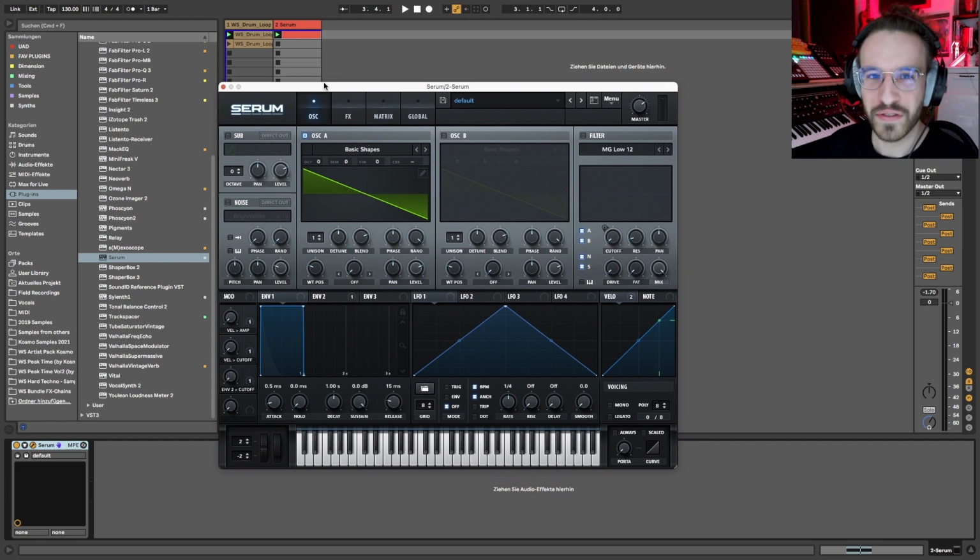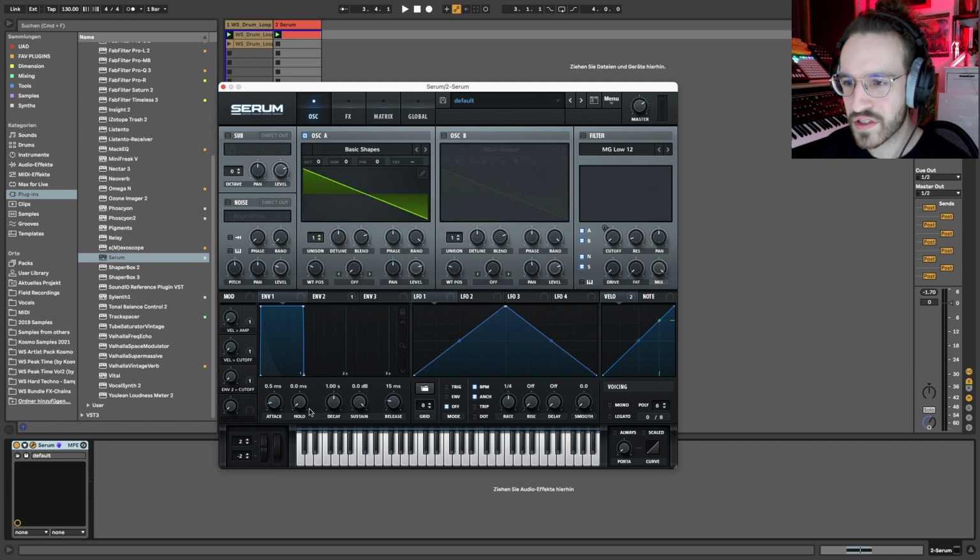So what I want to talk about first, briefly, is the default patch, because as you see, maybe it looks a little different than your default patch in Serum, and that's because I customized it for myself. And I want to show you real quick how that works, because I feel like this is a not so well known trick. I think there are not many people out there that know how this works, and therefore let's check it out. So basically what you have to do is you have to set whatever you want